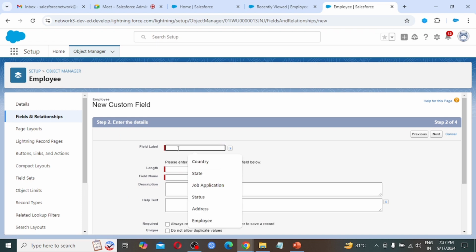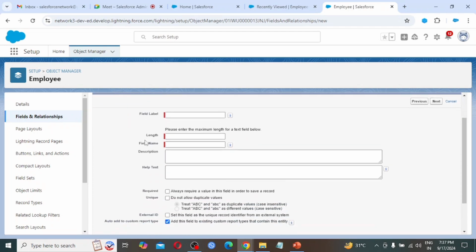Next, in step 2, we have to enter the details. Here we have to provide the field label, length, and field name. The field name is an internal reference used for integration purposes such as custom links, custom controls and the API.